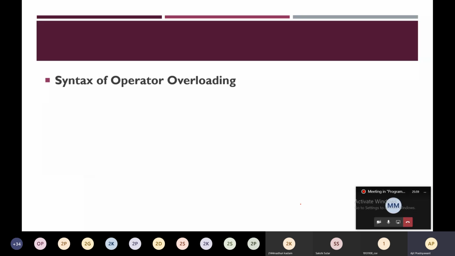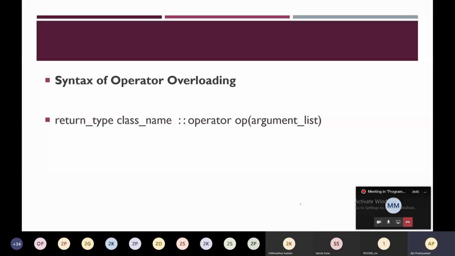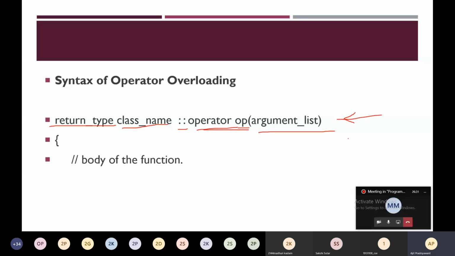So what is the syntax? This is the syntax to do operator overloading. First is the return type, next is the class name, then the scope resolution operator, then the operator keyword and OP, which is nothing but the operator, and then the argument list. This is the signature of the operator overloading function. Then inside it you mention the body of the function, and then you can close the function.